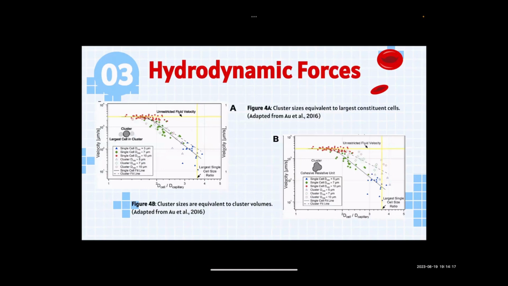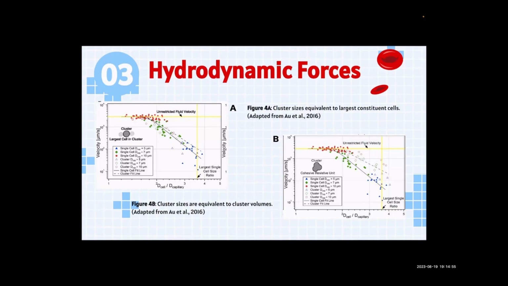Another factor that plays a role in CTC cluster metastasis is hydrodynamic forces. And as aforementioned, the formation of a long singular chain from clusters lowers the resistant force of hydrodynamic forces, possibly causing their potential greater efficiency. And in the graphs shown in this slide, figure 4a illustrates the significant difference in velocities between clusters and singlets